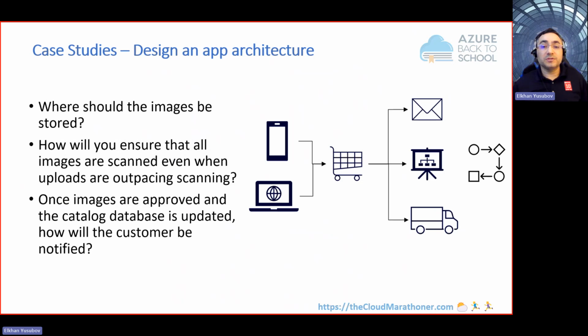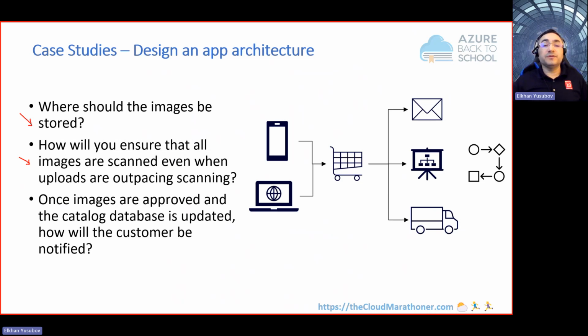Those requirements are reflected in the questions that we see on the left side here. So we have three questions here. Those are the requirement-driven questions that you need to answer. And then based on this sample case study, you put your answers. You get prepared for this type of